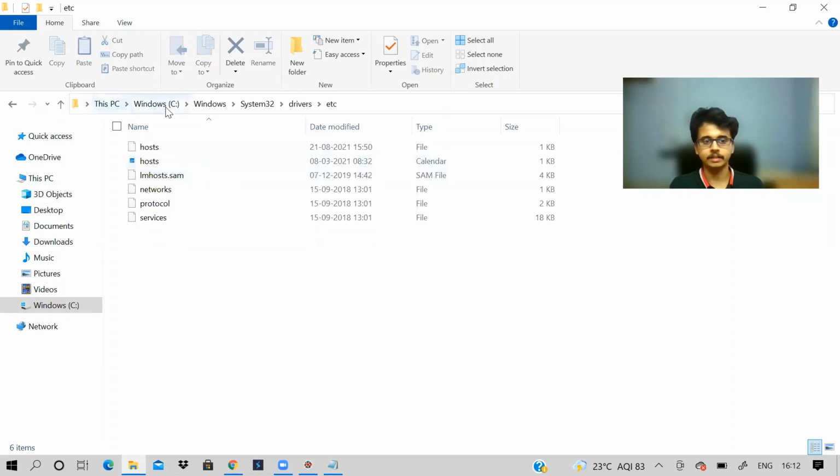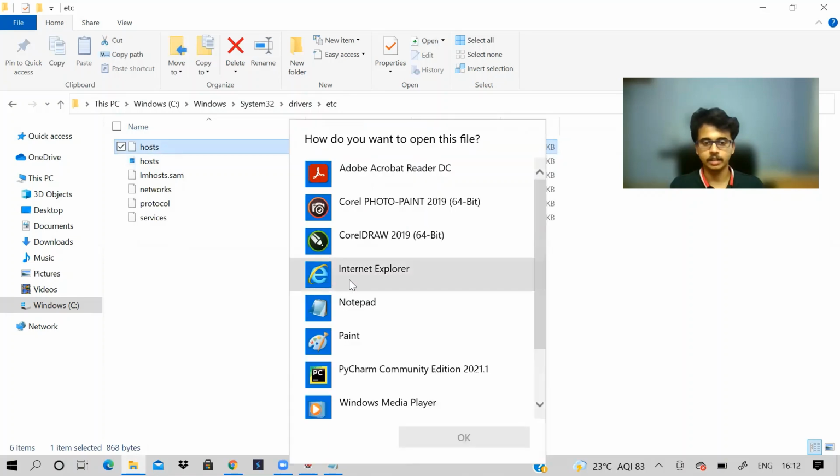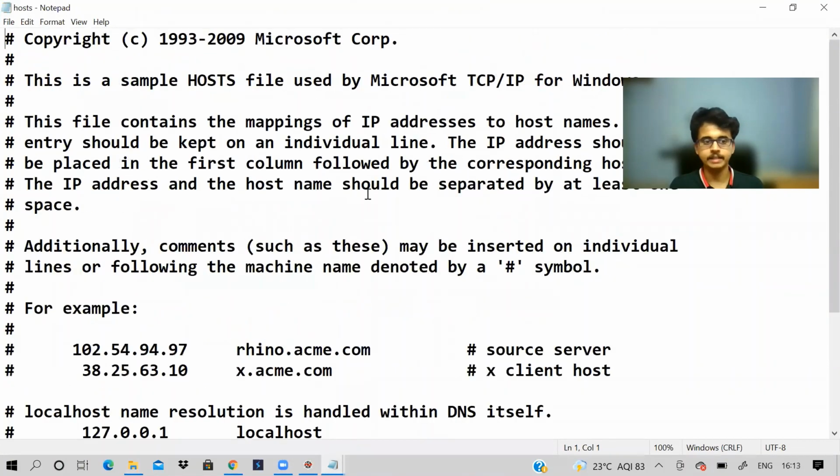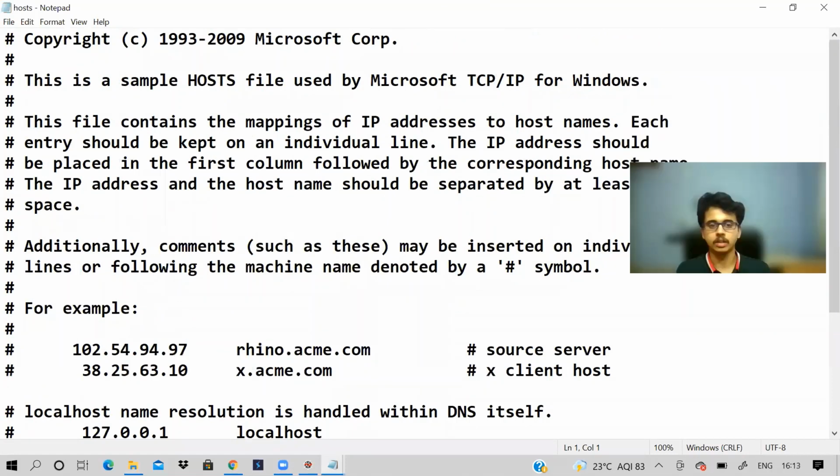So this is the path: Windows, System32, drivers, etc, and here you see the hosts file. If I click on it, I'll open it in Notepad and show you how it is. See, this is how it is. You can pause the video and read.